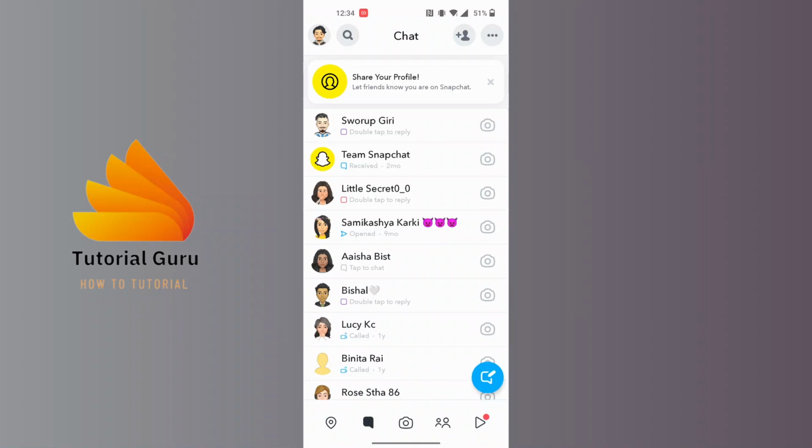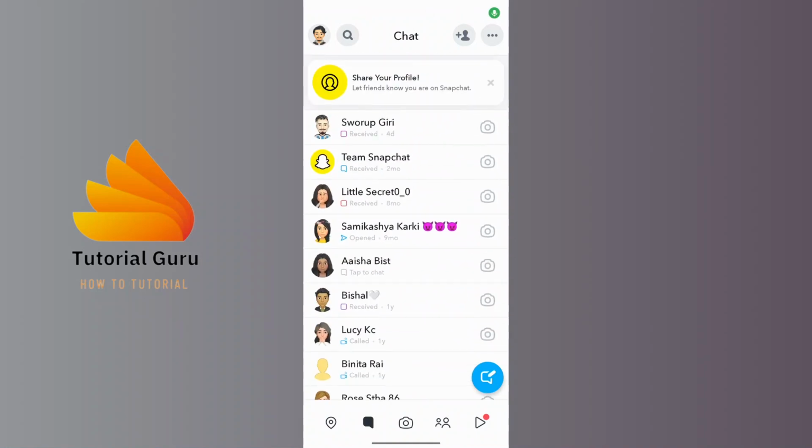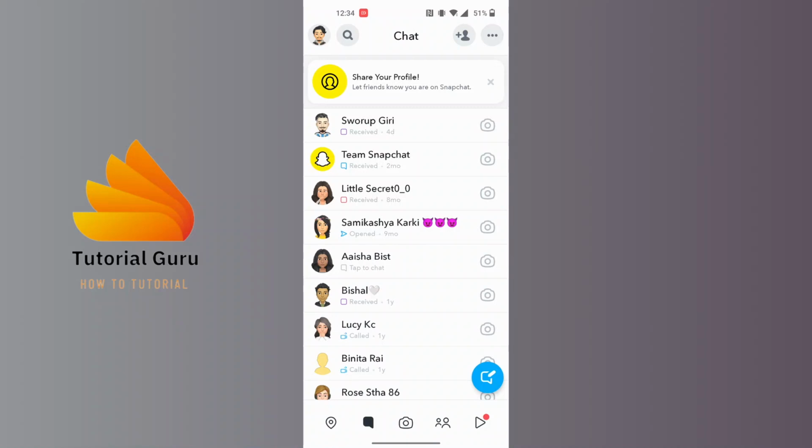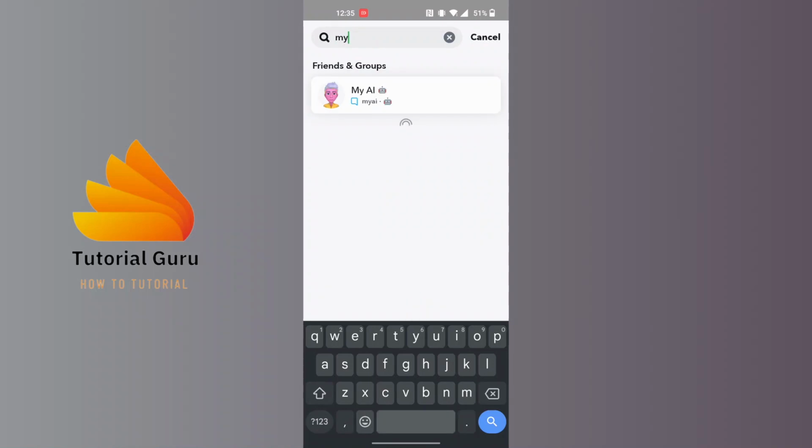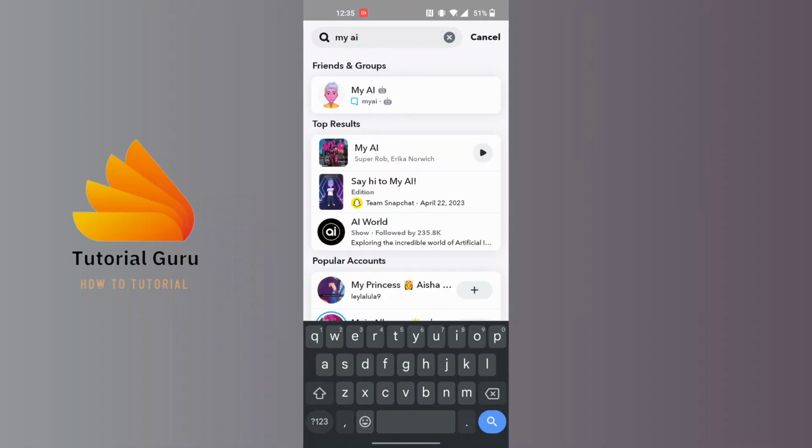And if you don't find your My AI on the chat feed, you can just search for it. To do that, at the top left corner of your screen, just beside your Bitmoji icon, you can see there is the small magnifying glass icon or the search icon. Tap on it and search for My AI, and you can see, guys, My AI appear at the top of